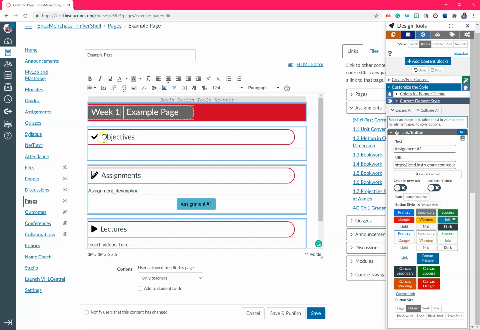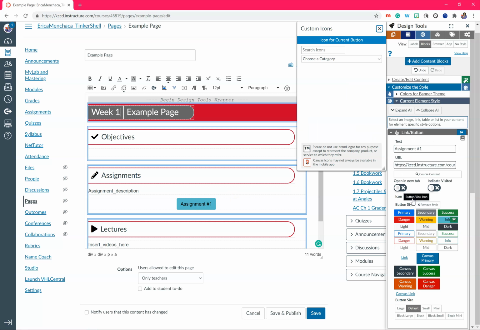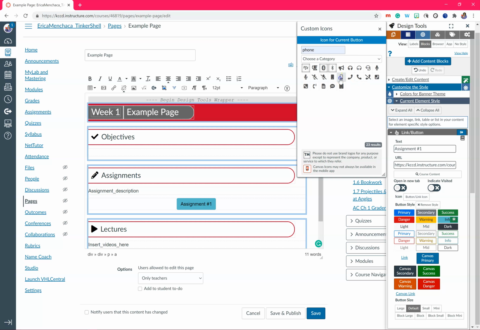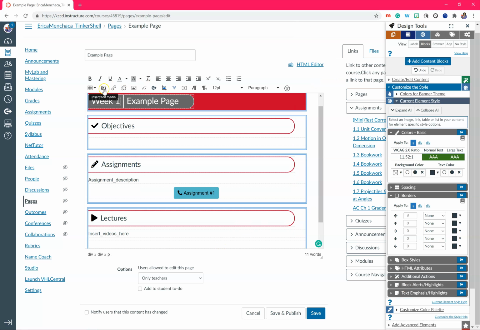So notice how these icons kind of automatically appear. You can add icons to buttons as well. So I'm going to click button link icon, and then I can search for something. And now, all right, you can add an icon to the assignment. You can also embed